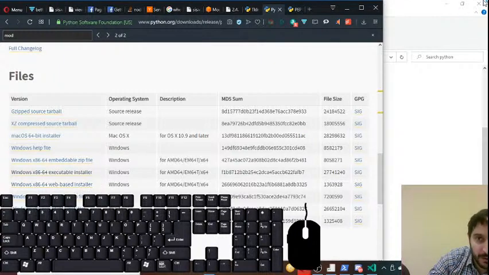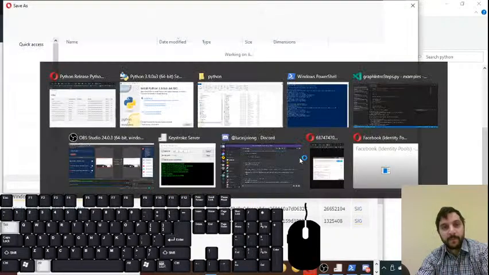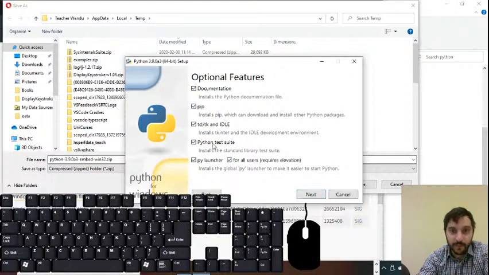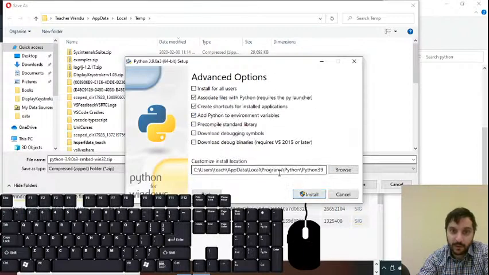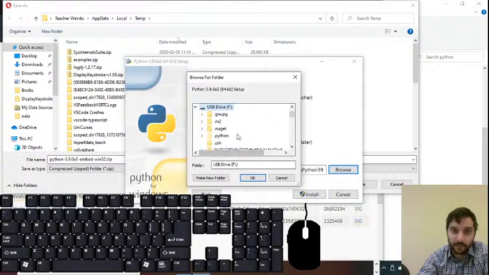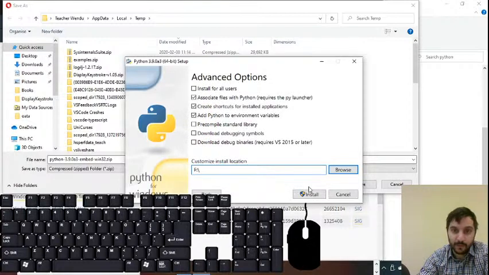So, look at that. Jeez. So if I try to just install it on my F drive, does it allow me to? No, it still requires